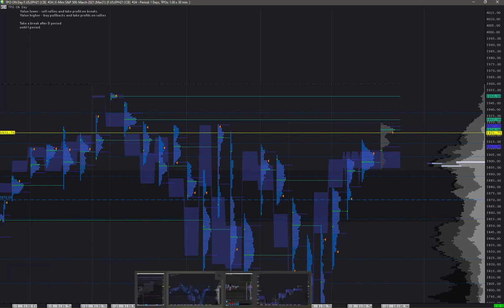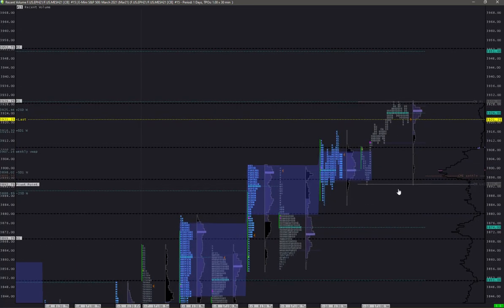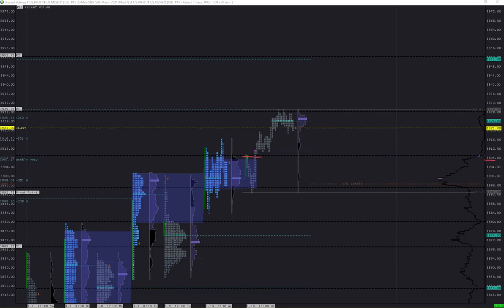I think if this is to happen, it might be on Friday, or maybe after opex, because those moves are contained and not that volatile as the previous week. So maybe after opex things can finally be free again to move. Anyway, let's think of what today can bring. I think that until we get below this area, we can buy any pullback. So either if we fail to fill the gap, or if we fill the gap, I could buy